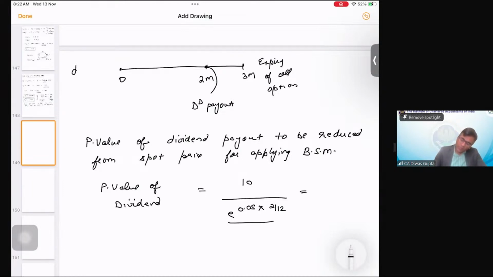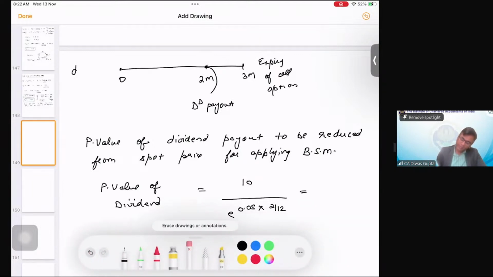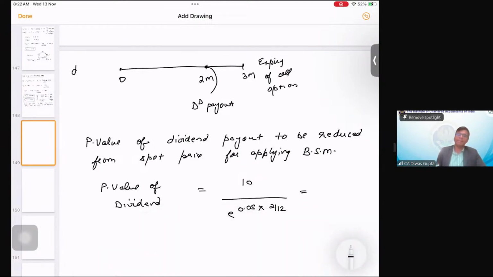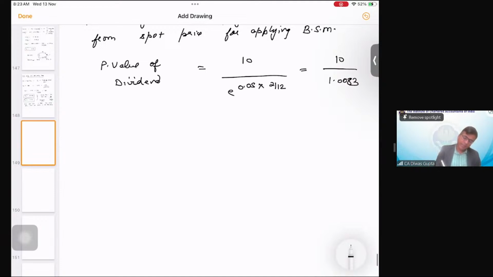So this value is also given in the question as the extra information that I have supplied earlier as a part of the question, right? So this becomes 10 divided by 1.0083. So the present value of dividend is equal to 9.917 students,